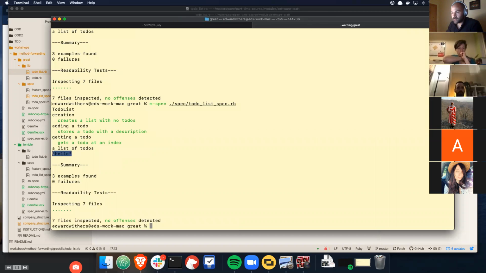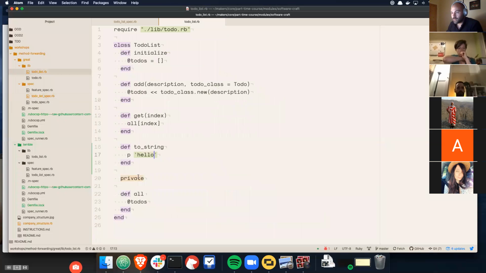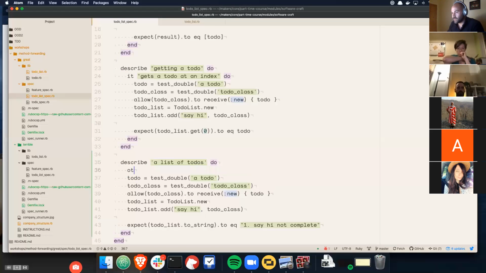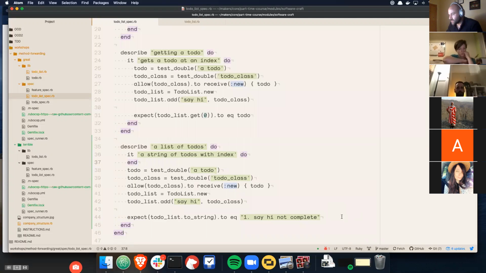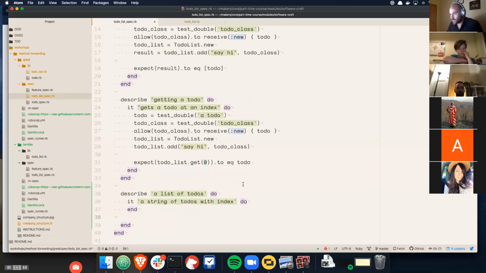Is that because I just haven't written the test properly? I have, look at that. It's not even doing it properly. Okay, so it does a string of to-dos with index. Wondering why it wasn't properly working. Quick debugging tip is just log to make sure you know what's happening. Okay, so then we wrap it in a proper if block